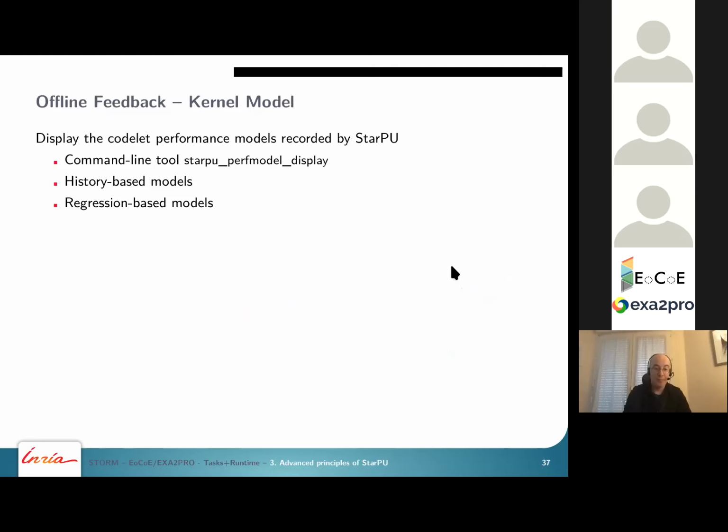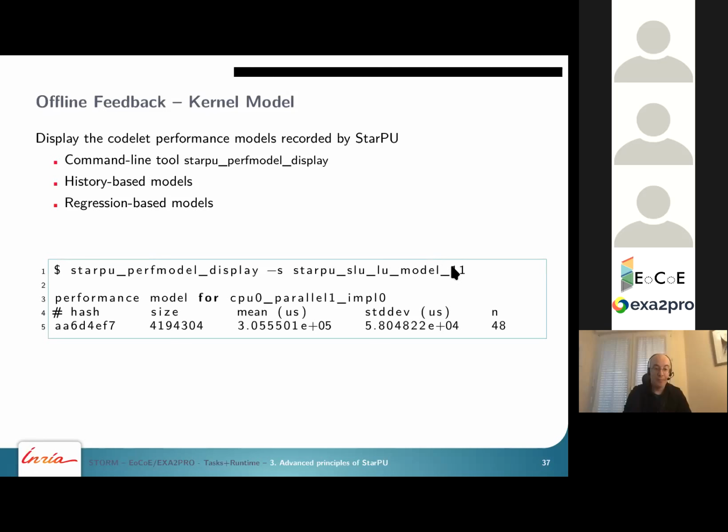And then we have offline feedback. So first, let's talk about the performance model feedback. I mentioned history-based, regression-based, and things like this. So we have some command line tools that provide the information on these models. For instance, the most trivial one is the performance model display, which shows just the raw figures. So here we know that for this amount of input, it took on average this amount of time to perform this computation,